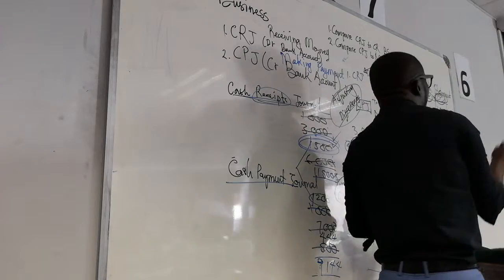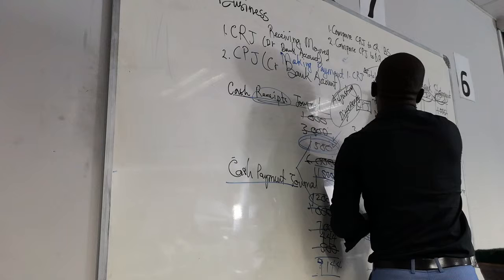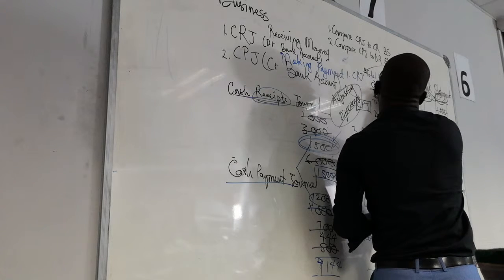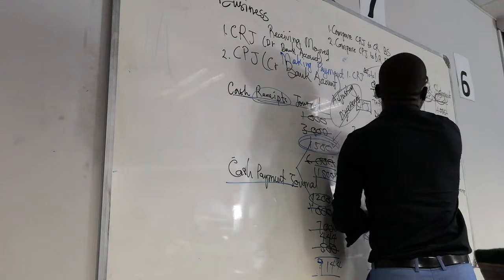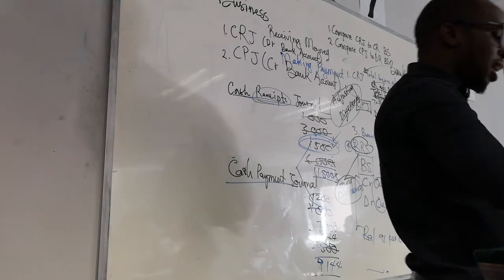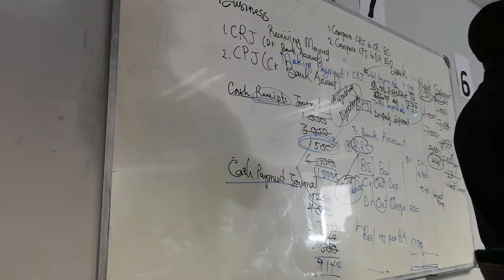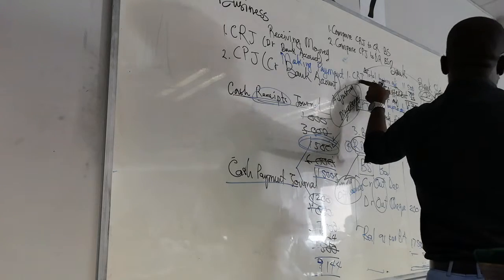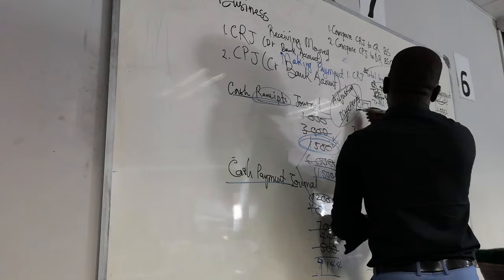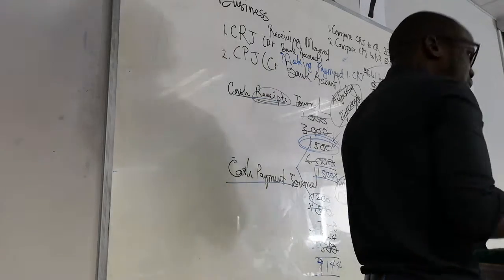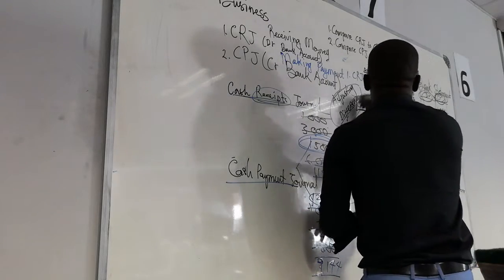Then we add these ones and get 12,223. Now that is the adjusted total, let's say total after adjustments. Your credit adjusting differences increase the total in your CRJ. The ones on the debit will increase the total in the CPJ. Are we together? So this would be your debit adjusting difference. We will bring them into the CPJ.